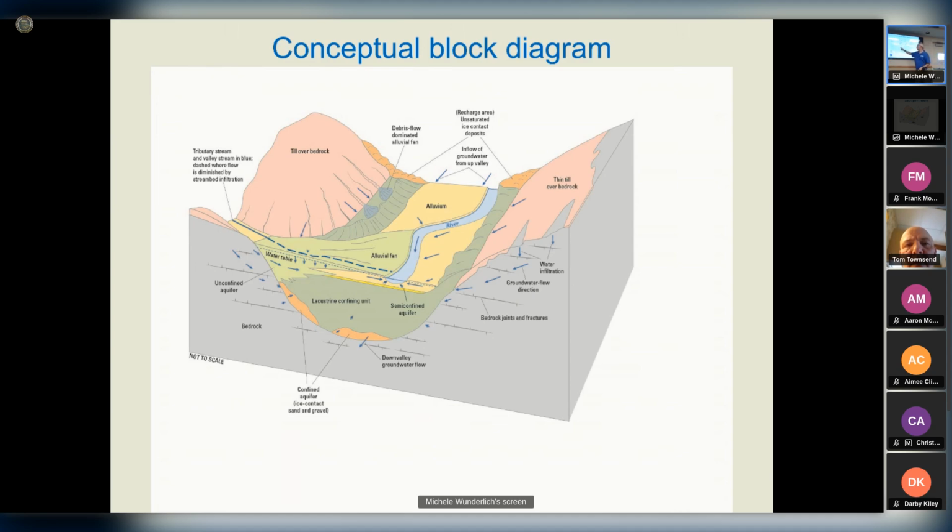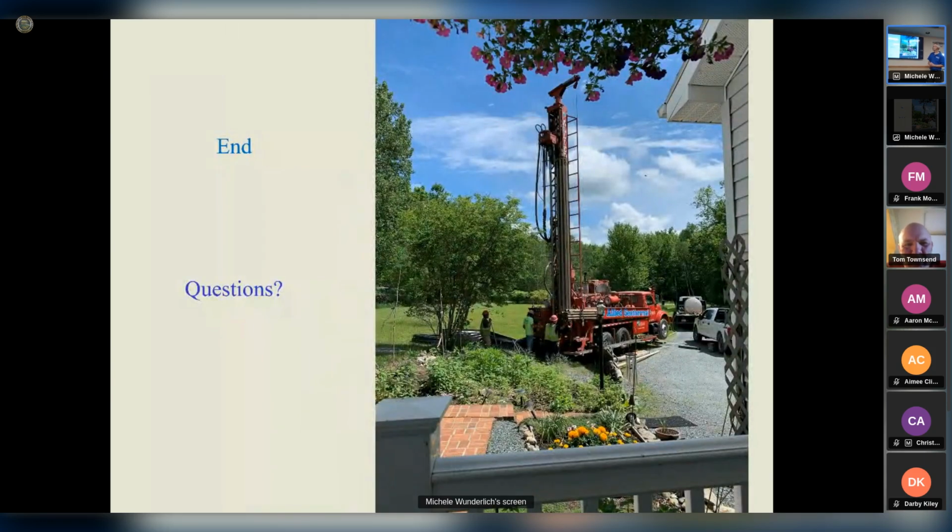And then you can have a semi-confined aquifer, sometimes the base of alluvium is coarse, or if you have alluvial material that can move out and be deposited within the lake deposits, that's probably what Moravia has as their source. And then where you have sand and gravel on the valley walls, that's again a potential source of recharge to the deeper aquifers. Okay. So I'll stop there. Hopefully that gives you a good overview. If you have questions, I'm happy to try to answer.